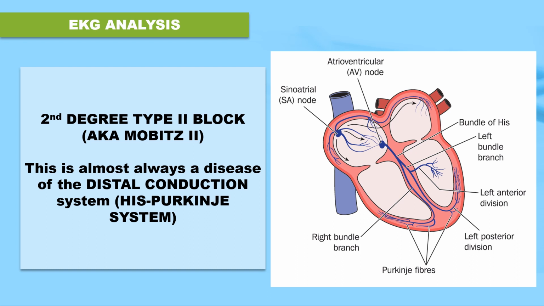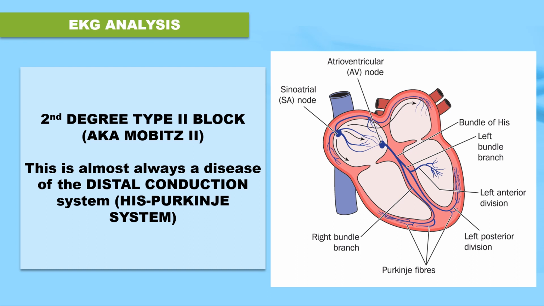Second degree type 2 heart block, aka Mobitz 2, is always a disease of the distal conduction system, the His-Purkinje system. This delay is a little bit worse than our second degree type 1, the Wenckebach. Why? Because it's a little closer to slipping into that third degree heart block, aka complete heart block, which is super serious. The biggest indicator that sets this block apart from all of the heart blocks is the little P